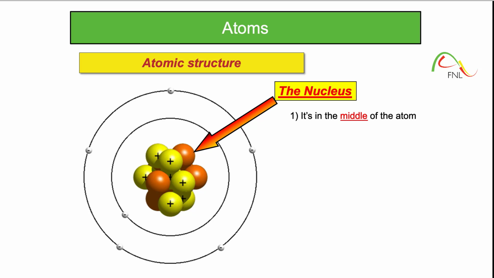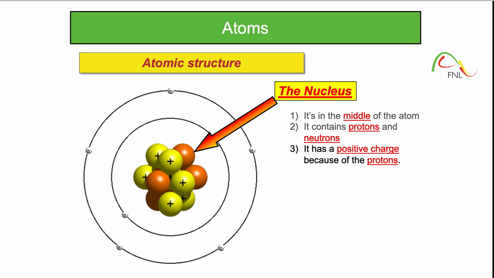So first of all, the nucleus. Now the nucleus is, as you can see here, in the middle of the atom. It contains protons, which are the greeny coloured ones here, and neutrons, the orangey ones. There's no relevance at all to the colour, that's just how it comes. It has a positive charge because of these protons. Each one carries a positive charge. And a really important thing is that almost the whole mass of the atom is concentrated right down there in the